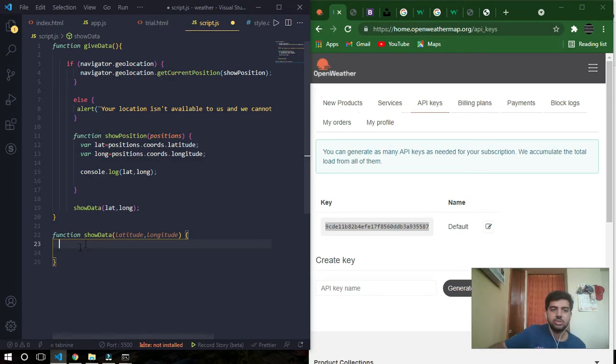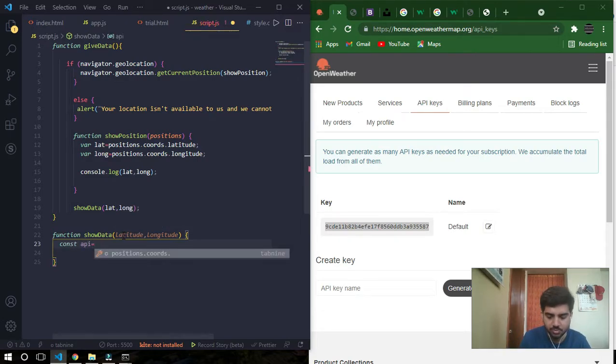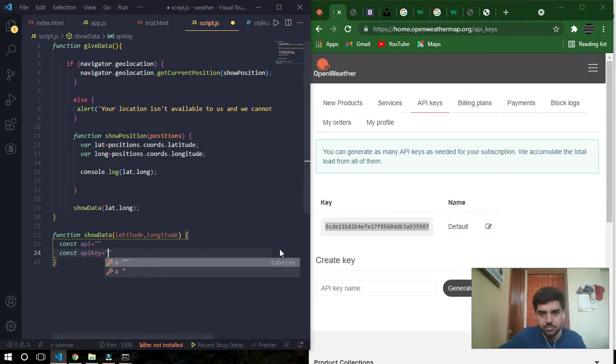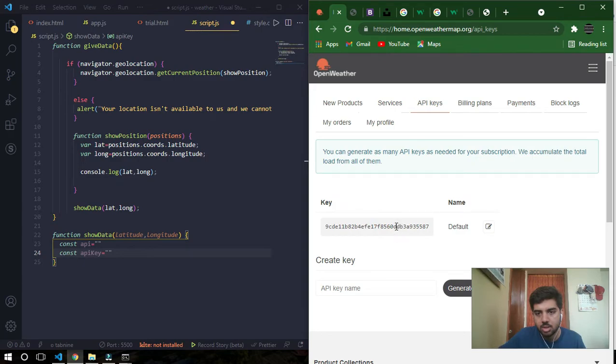Now inside this function let's check our API key. I'll write const API key is equal to, and I'll copy and paste here.